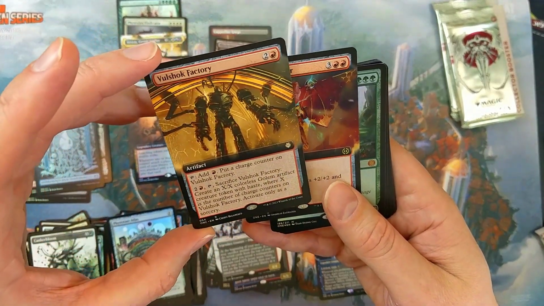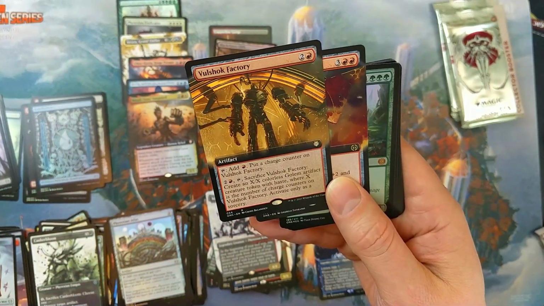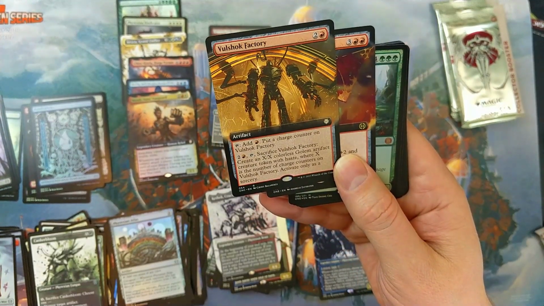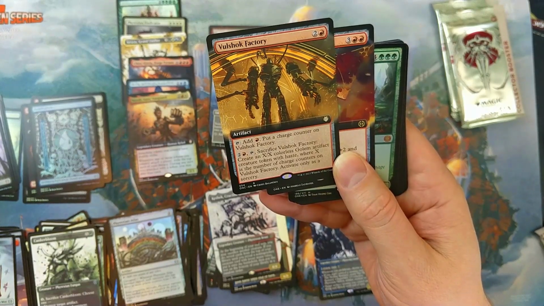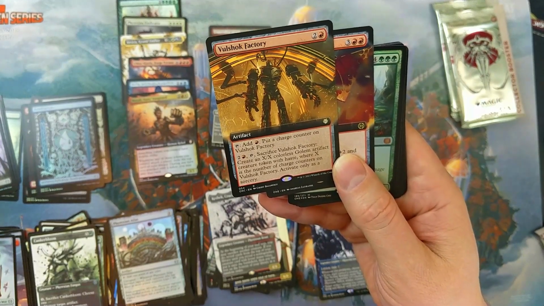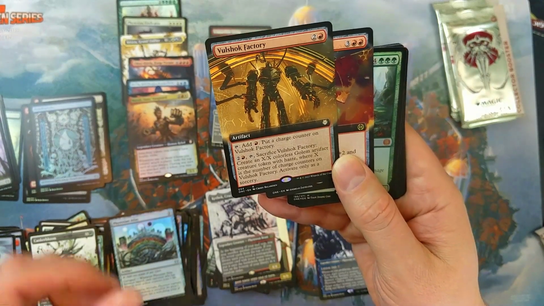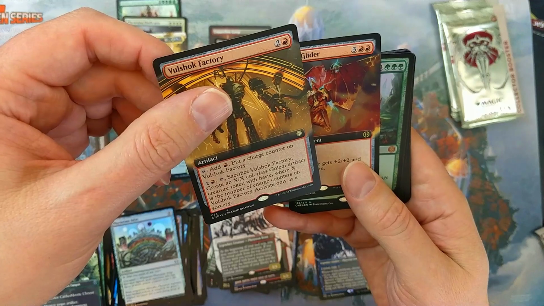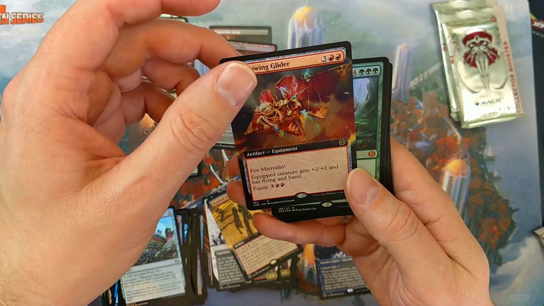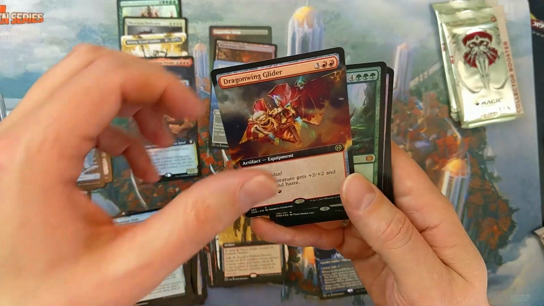A Volshark Factory. I have not seen this one. So you can add red mana and put a charge counter on it, and then sacrifice it, creates X Golem Alpha artifact creature tokens with haste, where X is the number of charge counters. Okay, so yeah. And it can only be activated as a sorcery. Yeah. But you have to sack it, so that's unfortunate. They go with Dragon Wing, a glider for another one for Mirrodin, and